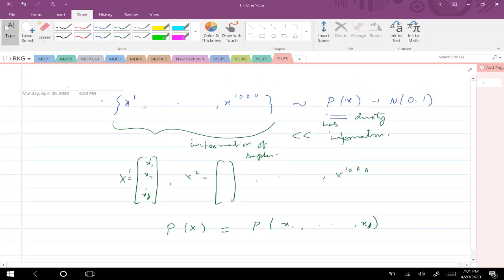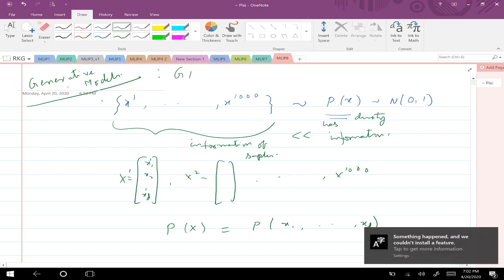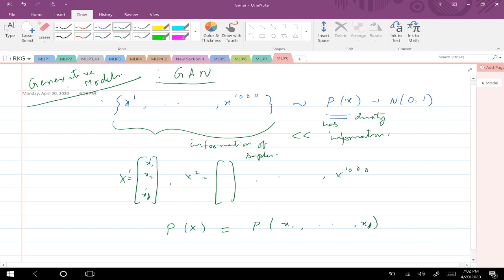What we are discussing is generative models. GAN is also a generative model. Specifically, we will be discussing GANs, but this comes under the bigger class of